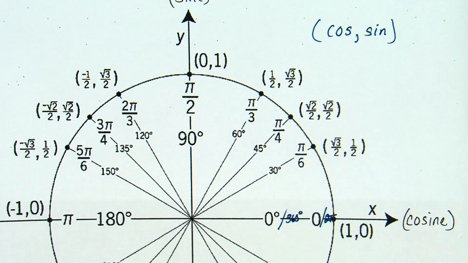Do you remember how do we get tangent? Okay, sine over cosine, or y over x. Do you remember learning y over x? Yeah. Okay. Cosine is x, sine is y, and tangent is y over x. So when we think about this, and I'll go back to that in a moment, if tangent is y over x,